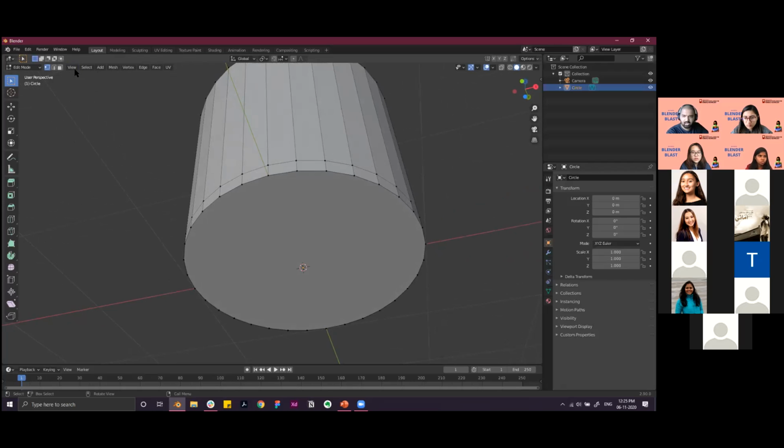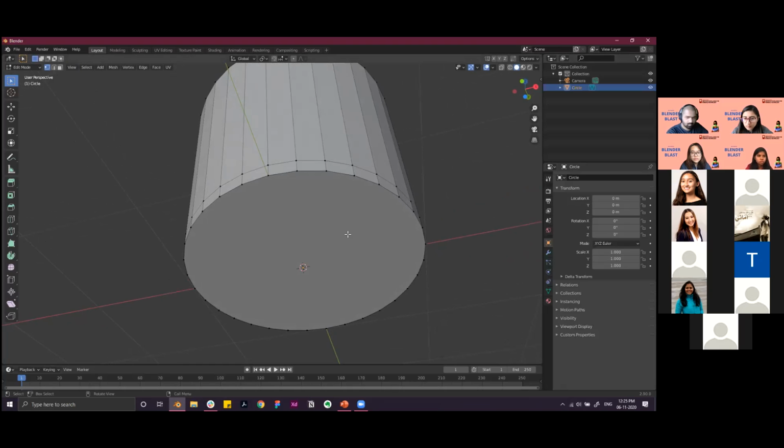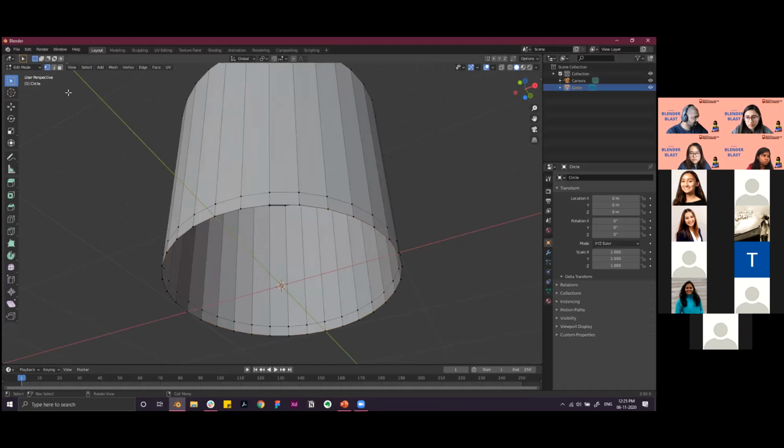I guess everyone has that. So the way we cover it is we have the vertices selected.